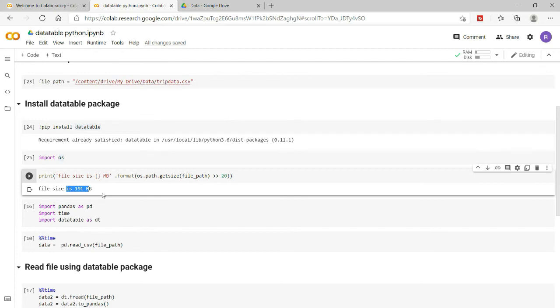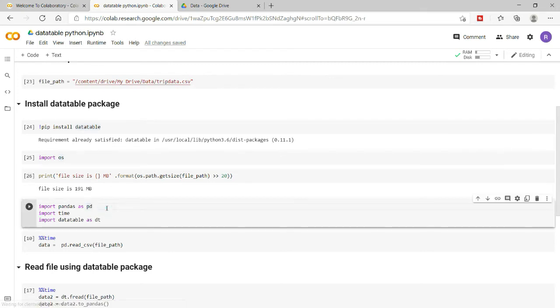It is not a very large file, but you will see the difference, and it becomes higher and higher when you deal with large files. Let me import pandas, time, and data table. Let me run this cell.